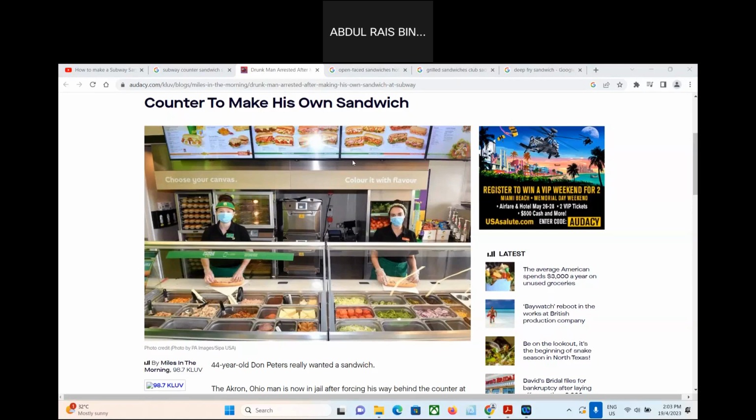Okay, so that will be it for the sandwich topic. So several key points yang you kena ingat. Sandwich ni bersifat multi-purpose, can be a meal on its own or it can be an appetizer, depending on the occasion. Cuma the size will be different. Kedua, dia ada types, which is the cold sandwich. Cold sandwich is mostly where the ingredients are assembled raw and does not require you to toast the bread or